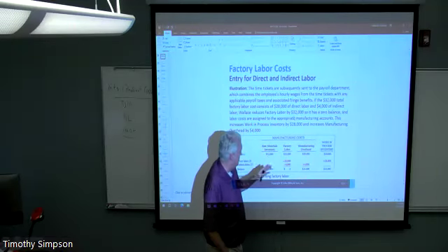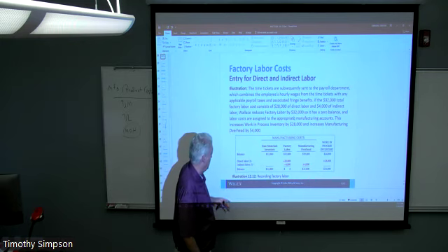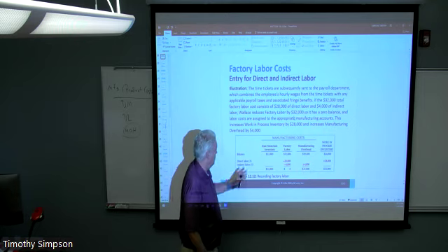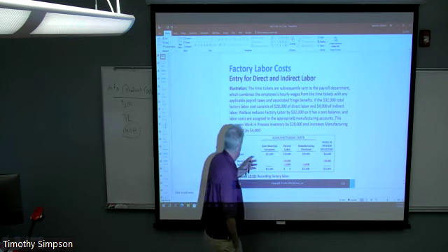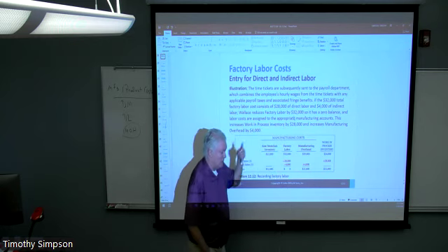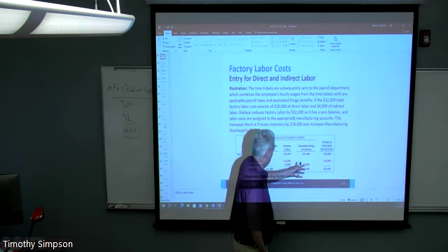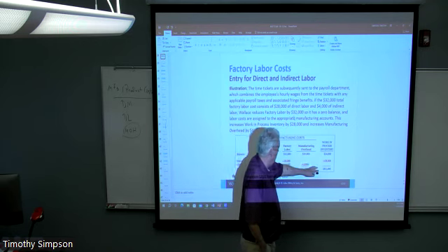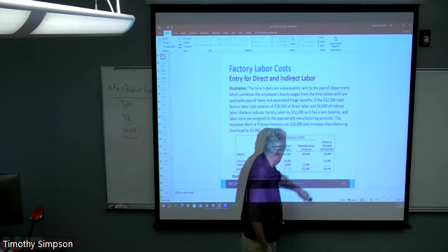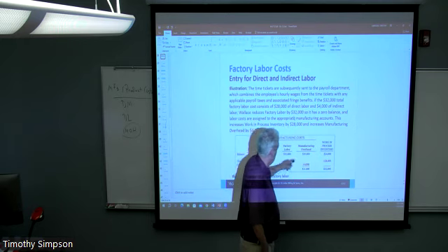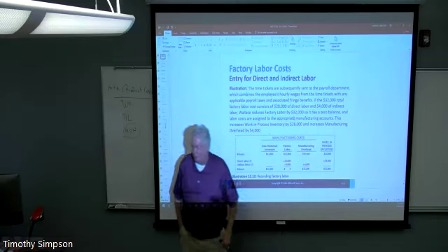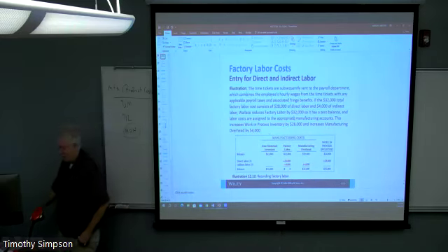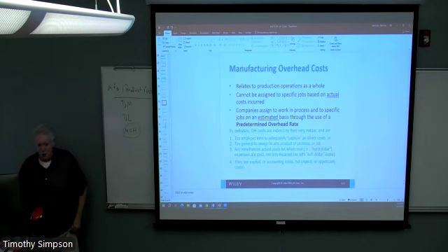So I just want to make clear where these numbers came from. We are using the same example here. Work in process, notice, has a balance. We don't have dates here. It might be easier if we had dates so we could flip back to whatever day, but we can refer back to what's been presented. We have work in process here. We had 24,000, then we had 28,000 of direct labor attached to it. So we had work in process of 52,000. So remember these figures as we go down to look at this example.